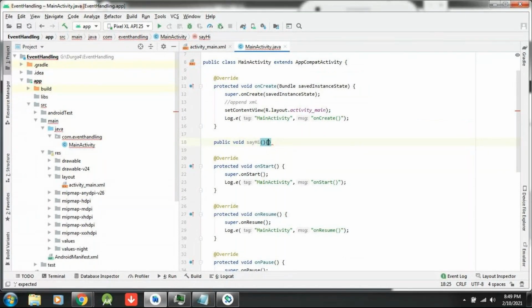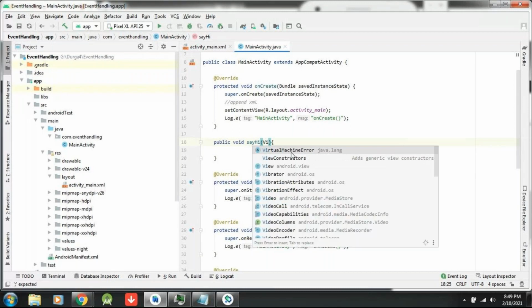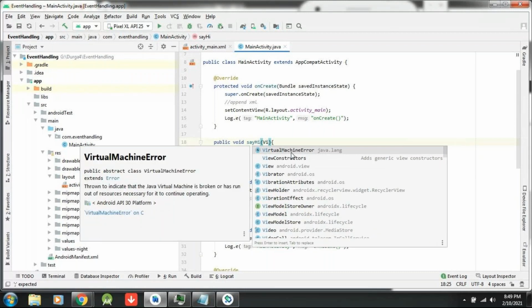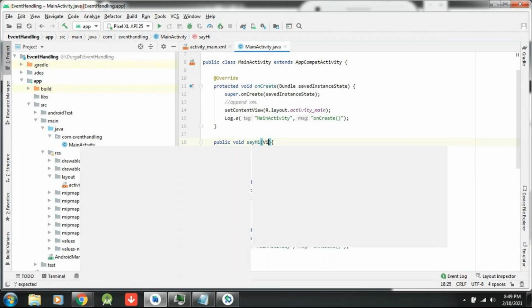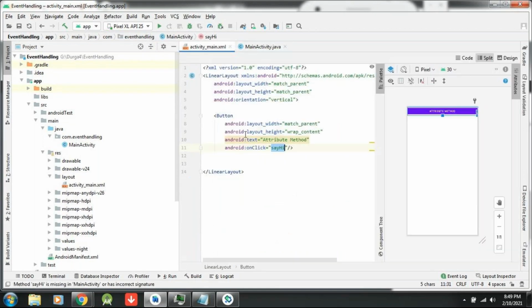Inside this method you must provide one parameter, and the parameter you must pass is View. Don't type it on your own. Here I am writing View. Okay, so when you click on the button, attribute method button, or else let me change this button name. This button name I am changing.